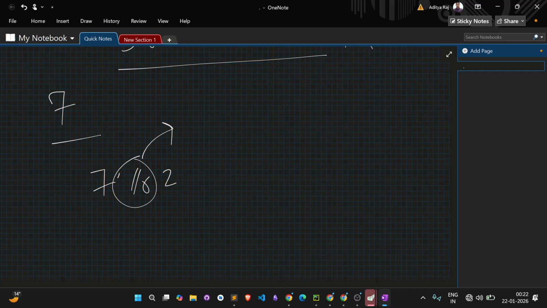Star means multiplication, plus is addition, minus is subtraction. Division is this one, the slash. And this one is the modulo operator. Modulo means it will return the remainder. 7 modulo 2 is 1. So 7 modulo 2 is equal to 1, which means it is not